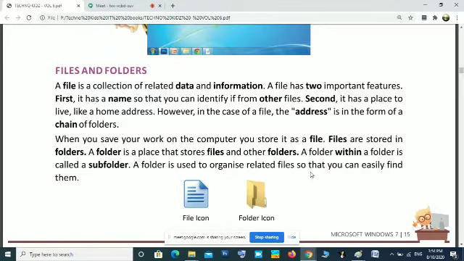So we will create many folders. Then in each separate folder, we will keep our separate files. So if we are making many pictures, we will keep those pictures in a folder called Pictures. Next time if we want to open a picture file, we can directly open that Pictures folder. For managing files, we are using folders.